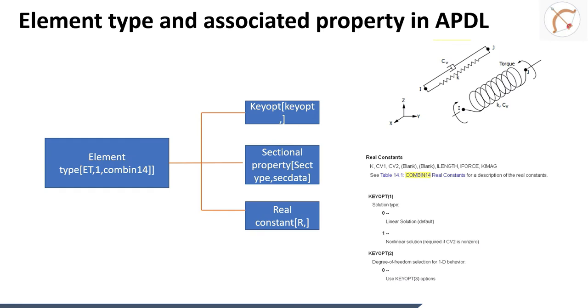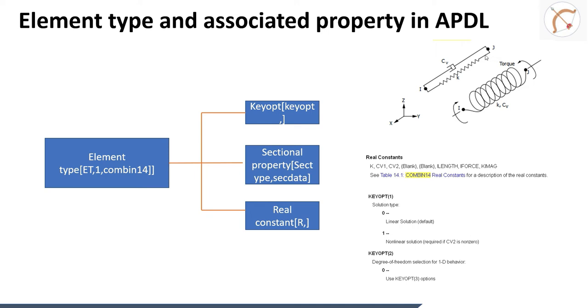Before going further into the video, one thing that I will request you to keep in mind: whenever we hit the solve button in ANSYS Mechanical, it actually writes out all the features that you have defined in the Mechanical GUI as APDL counterpart commands. Now, all finite element models are made up of elements, for example solid, beam, shell, cable, link elements. The behavior, output, and element matrices calculation of all elements are controlled either by the KEYOPT option, section type, real constant, or a combination of all of them.